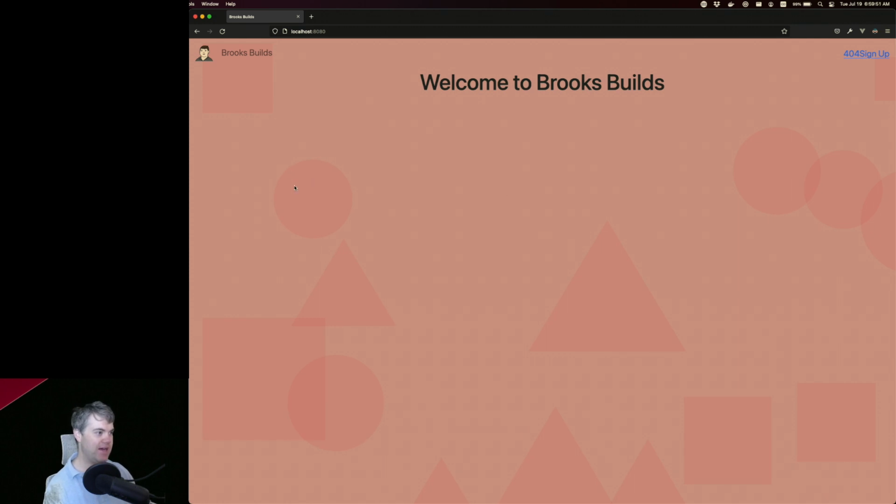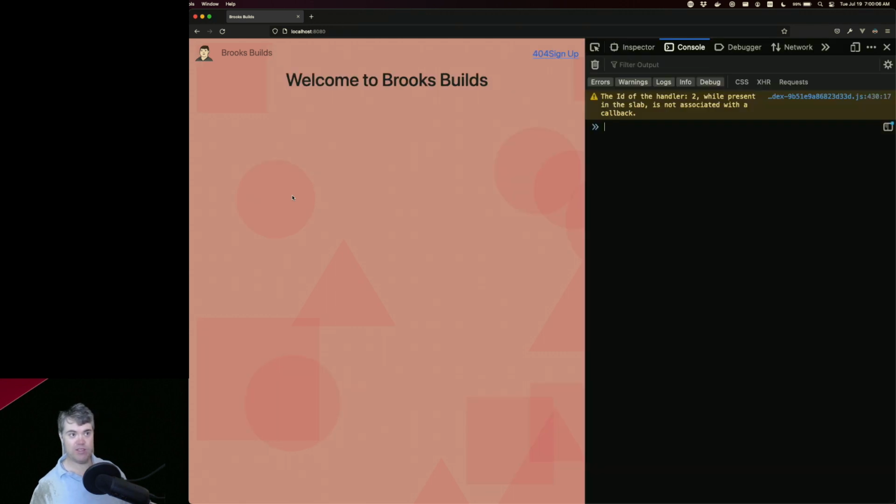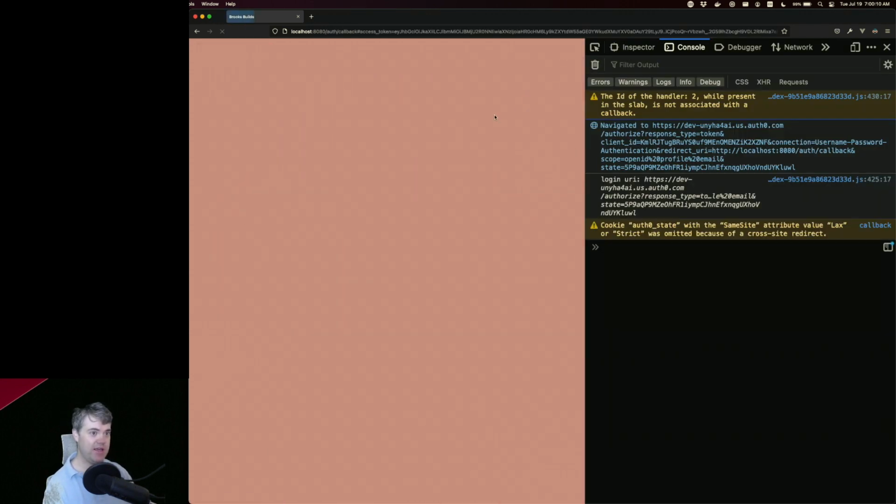I worked a little tiny bit on the project yesterday. I was able to get authentication working, as in it compared the states together, which was one of the big things that we had run into. So if I click the sign up button, it takes me to Auth0.